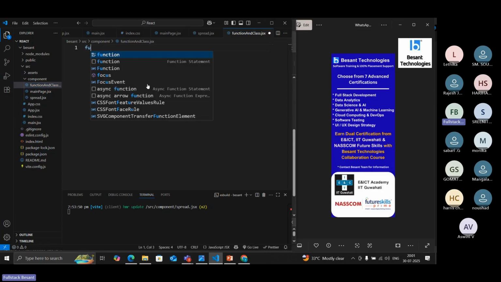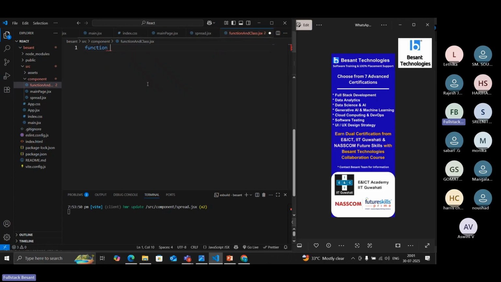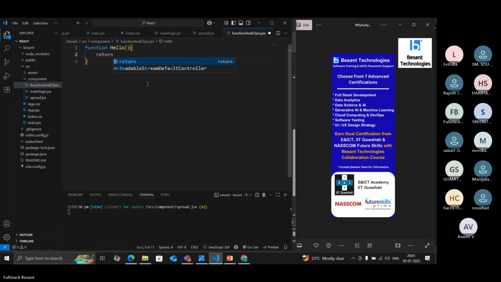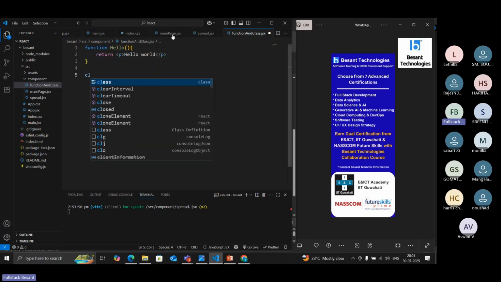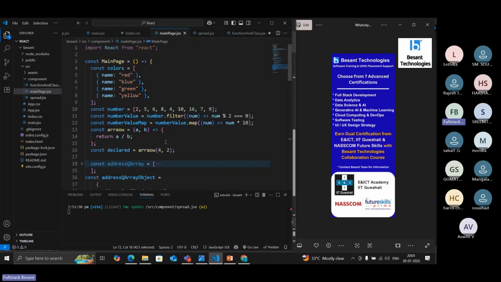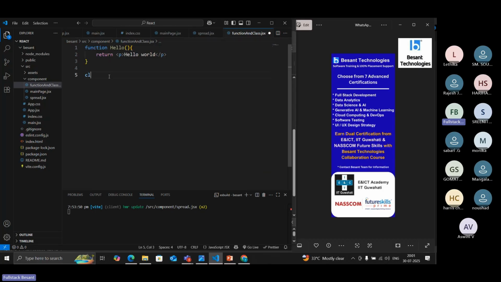So function, the first one I'm going to call Hello, with a return. So this is a functional component. So how does the class component look? Here, your main page and spread.js are also functional components, not class components. This is a functional component. So the class component is class Hello